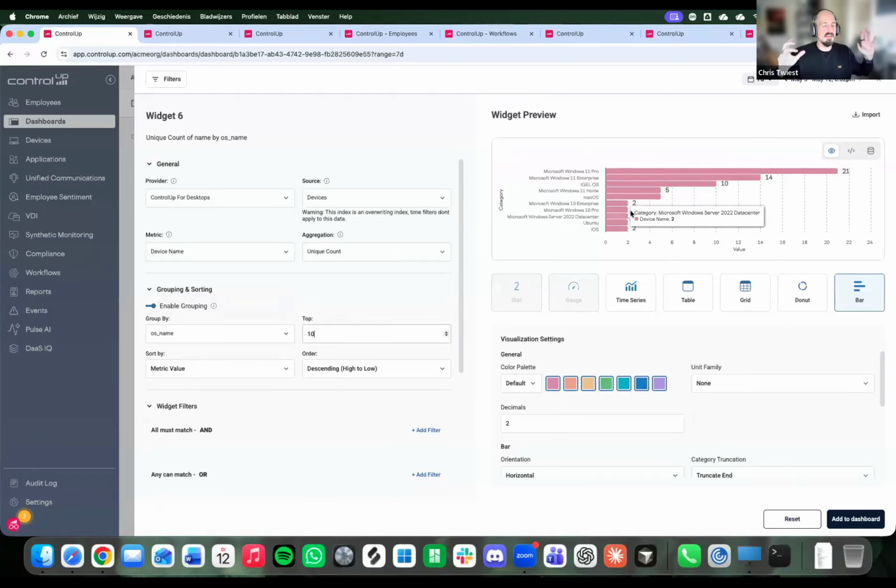Most people just open the builder and think, okay, my metric is OS. No, the metric is the count of devices, and I want to group them by OS. When you do stuff with group by, those two get flipped around, and the impact is very devastating if you do it the wrong way around. So this is just a quick one that I'm always telling. And I don't blame you. Even if you have these types of questions, put them in the community, we'll help you as fast as we can.